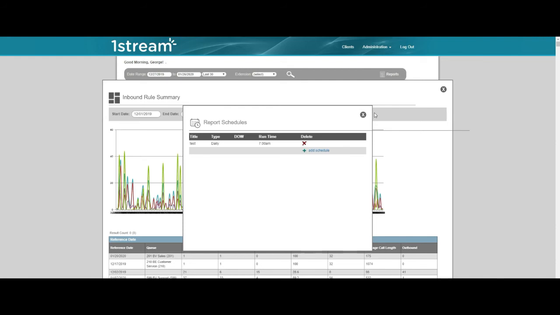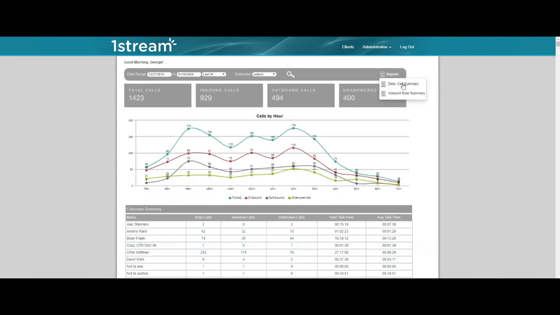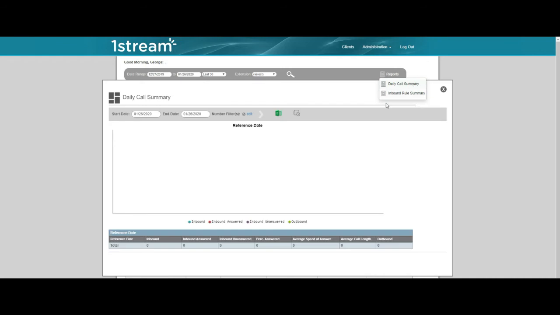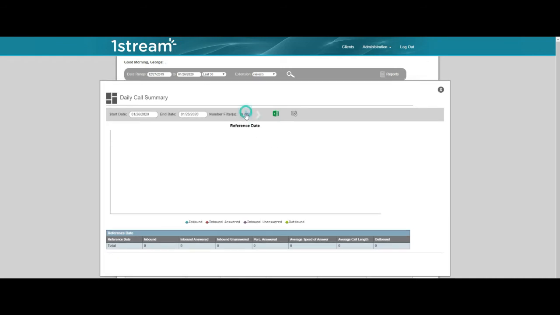And then the reverse of that, right, is a second report, which is what we call our call data report. Or daily call summary report, I'm sorry. So the difference between a daily call summary and an inbound rule summary. Daily call summary is, hey, I want to now know all calls that came in from a particular number or numbers, right? So let's say my customer has 100 numbers associated with their account, cell phones, landlines, whatever, and instead of trying to run a report on all calls that came in to a number, I want to run a report on all calls that came from a set of numbers.